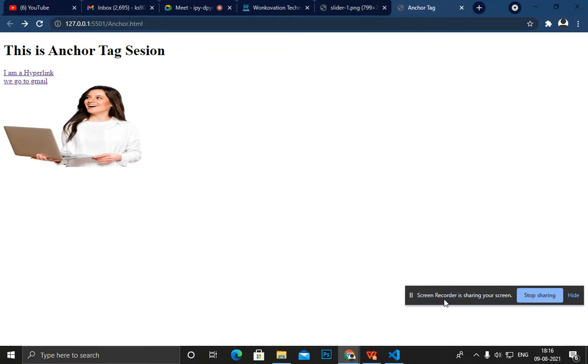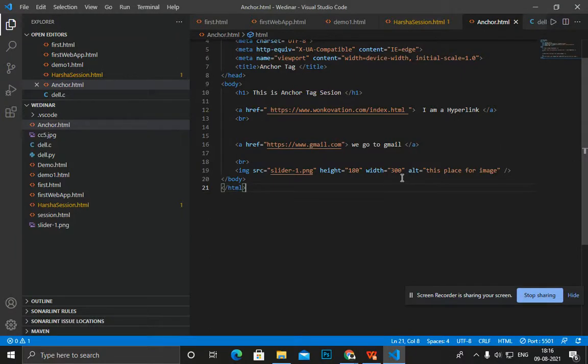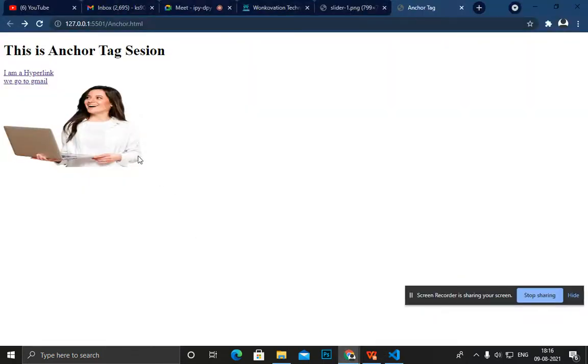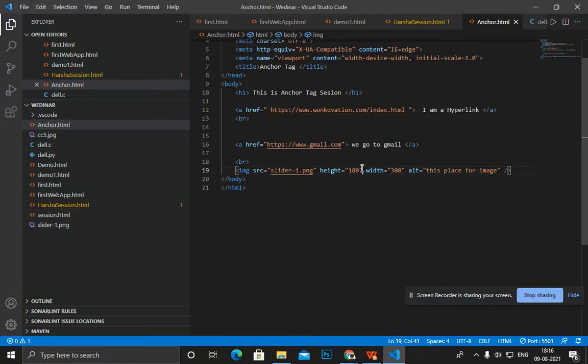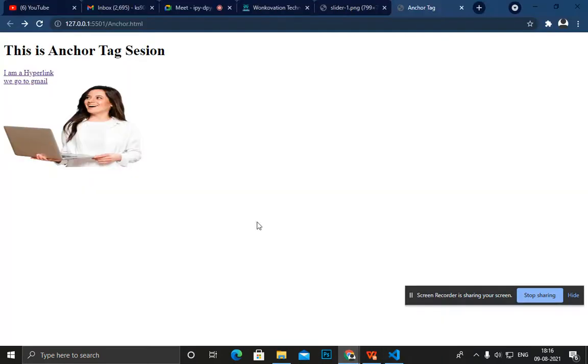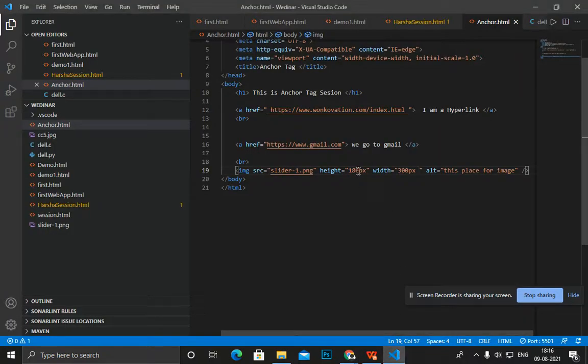Like if I want to add a square, here you see that we gave height as 180, so it will display a 180 height. Like this thing and this thing, here to here it's 180 length, and here to here is 380. And if I change this thing into 180 pixel, you can see what is the difference. 180 and 30 pixel, you can see this thing doesn't need to change because this automatically takes pixel.